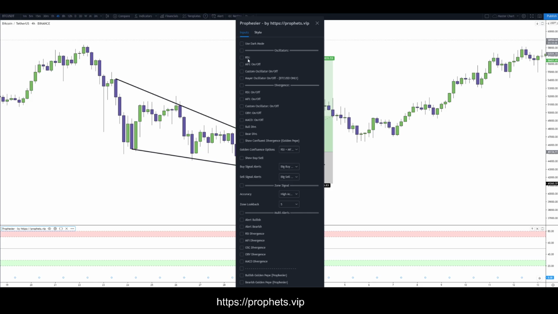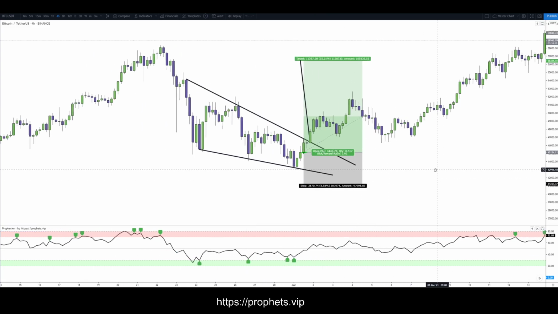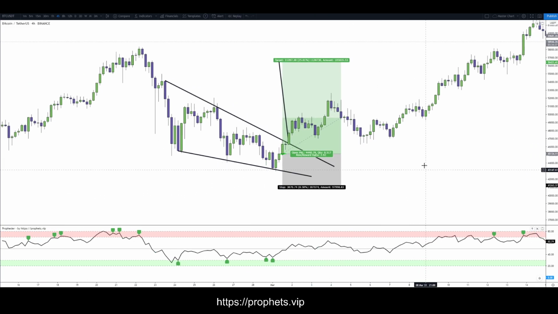Prophecia, we need to throw on RSI, and maybe we might as well take the bull and bear divs here as well while we're at it. Okay, so cool. That's our trade setup. We've got our bullish divergence here and so on. So the question is,